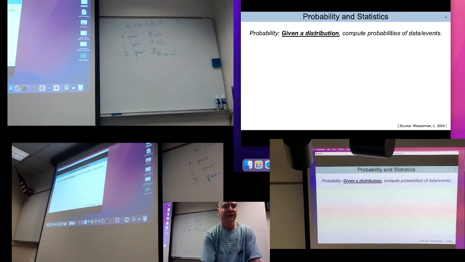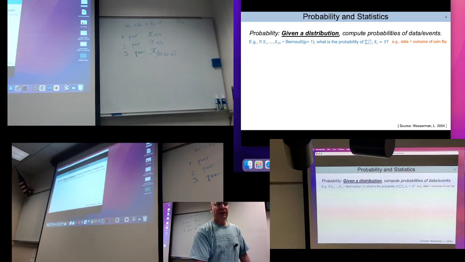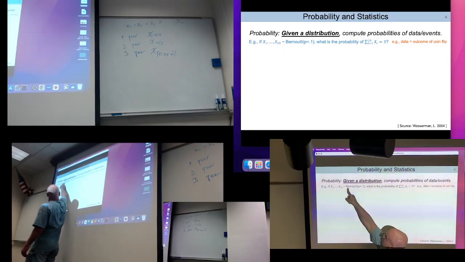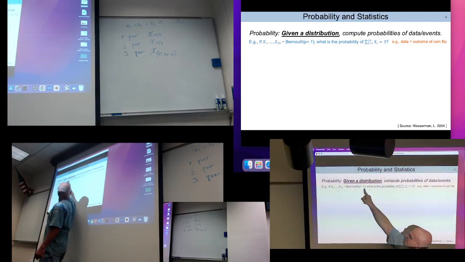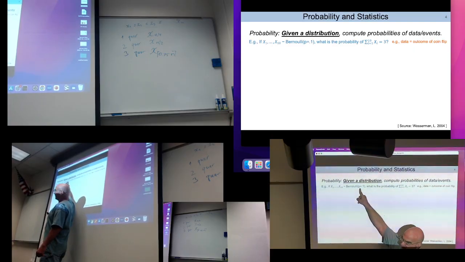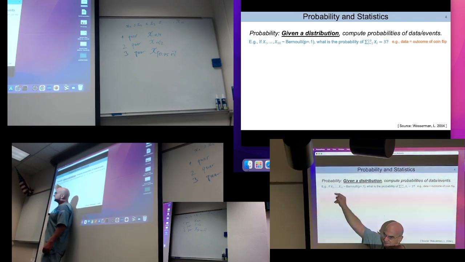So assuming that we have a distribution and we want to compute some probability of data or events based on this distribution. For example, x1 ... x10 are distributed with Bernoulli. Let me remind you what Bernoulli is. I have a coin, and this coin has a probability of 0.1 of falling on heads and a probability of 0.9 of falling on tails. And all these events mean I